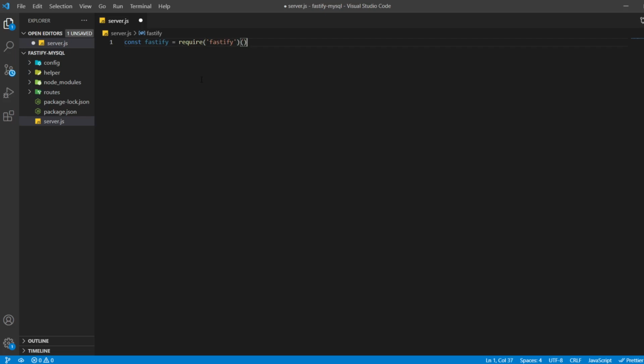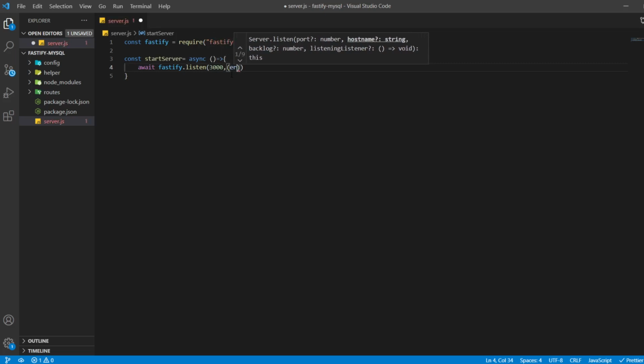Then we'll create a function, and that function will be an async arrow function, startServer. Here we'll use await, then fastify.listen, and listen will take two parameters. The first one is the port on which our application is going to run, and the second parameter will be a callback which will take two parameters, error and the port.